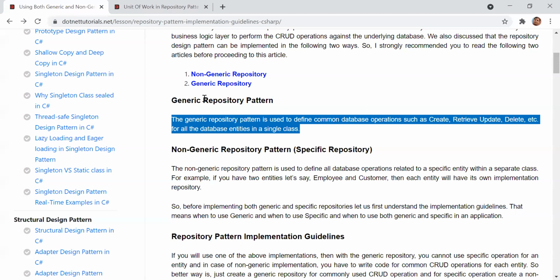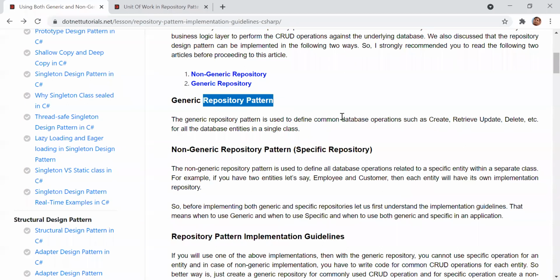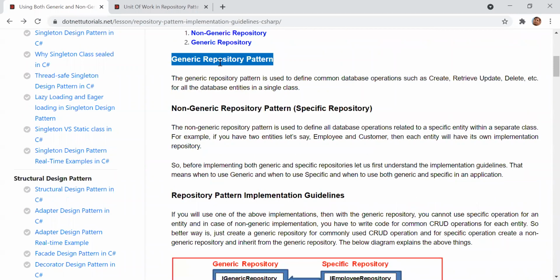Generic means you will pass the T type, and then you will pass that same T type in your class, and you can pass the same T type at the object level also, like the variable level. And then we have the topic of repository. Repository means the layer between your database and your business logic. I want to make the common logic like get, retrieve, update, delete. These are the common functionality which we need to perform. Then we will make a repository so that whenever a user sends a request saying, I want data for this particular table, it will go there and get the data. How does it go there? It will not interact directly with the database. It will interact with the repository and the repository will interact with the database. So that is generic.